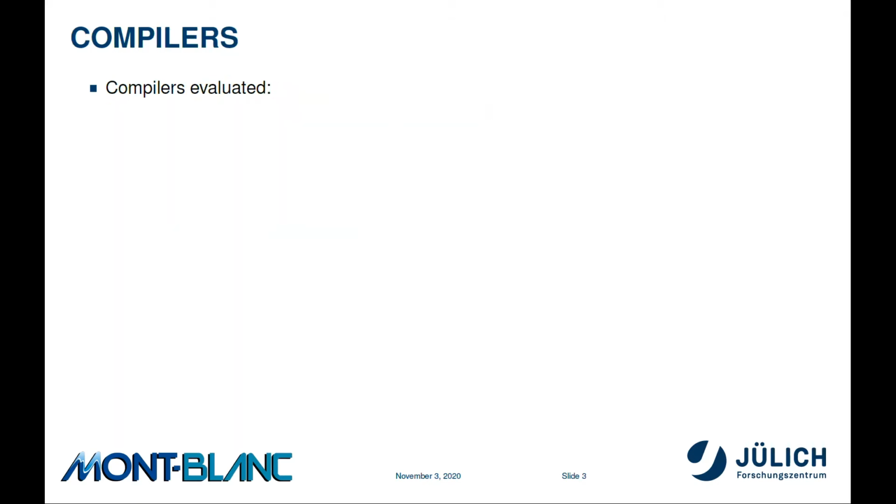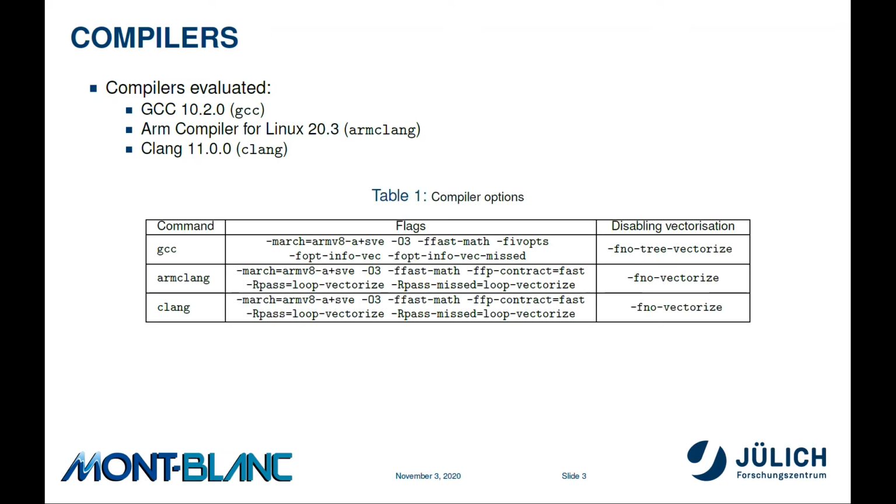In this context, we evaluated three compilers: GCC, ARM compiler for Linux, and Clang. We used versions GCC 10.2, ARM compiler version 20.3, and Clang version 11.0. In Table 1, you can see the compiler options for the different compilers used. For all three compilers, we targeted the ARMv8 plus SVE architecture. Furthermore, we enabled level 3 optimization as well as the fast math option to enable fastest but not necessarily safest floating